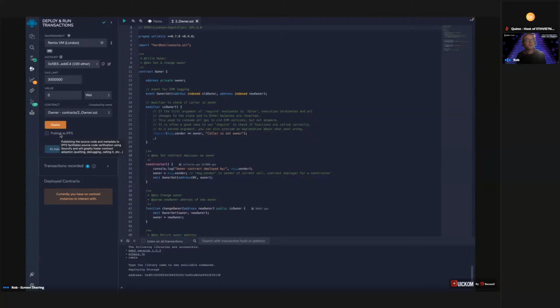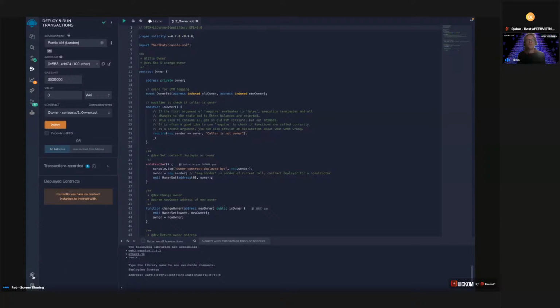But if you do this, then it's going to be passively verified because it's going to be publishing your metadata and your source code and the deployed contract. And so then the service called Sourcify is going to come and verify your contract passively, which is pretty cool. So you don't actually have to actively verify your contract, but you can do that,